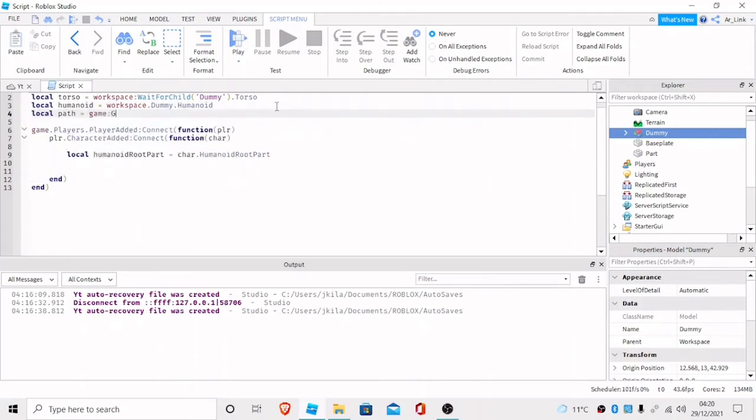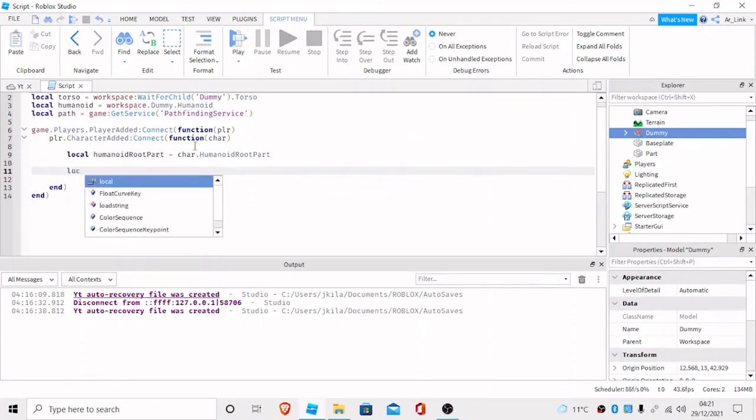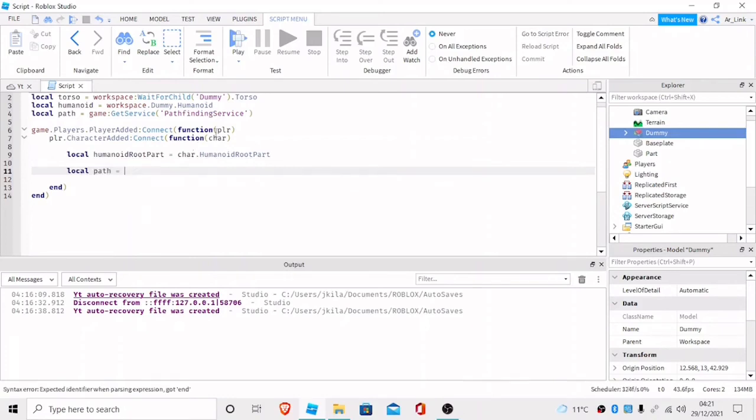So game:GetService PathfindingService. Okay, so now we can start building the path. So we can do exactly what we did before. So local paths equals path:CreatePath, and we can do paths:ComputeAsync,